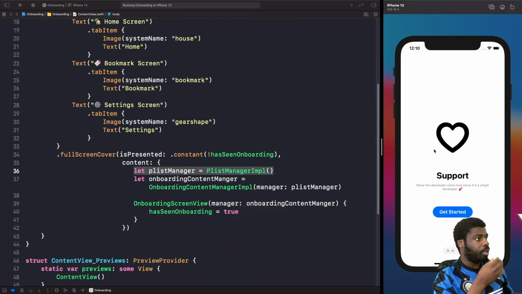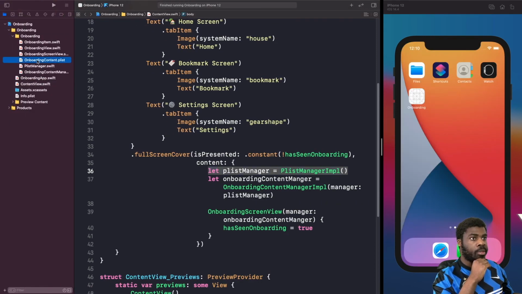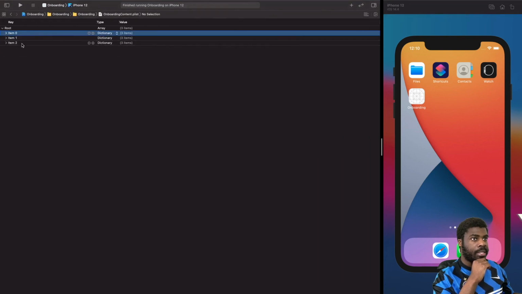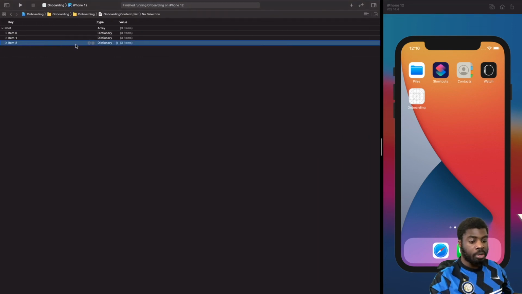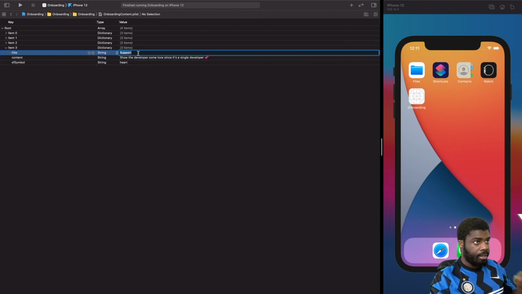All right, sweet. So what I want to do is show you one more thing. Let's say, for example, in the future, someone comes to you or you yourself need to add more screens into this. It's really easy. All you need to do is go into your plist and add a new item. So I'm just going to copy and paste this. And then if we change the content here,